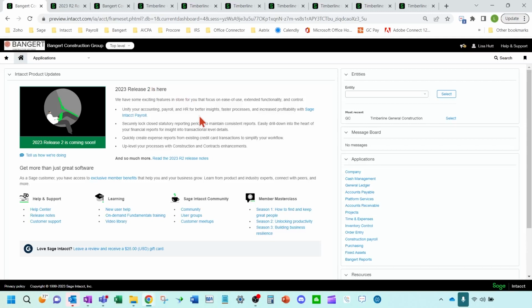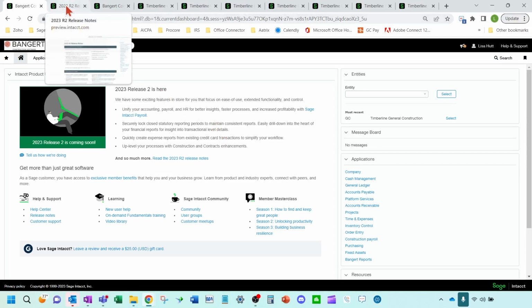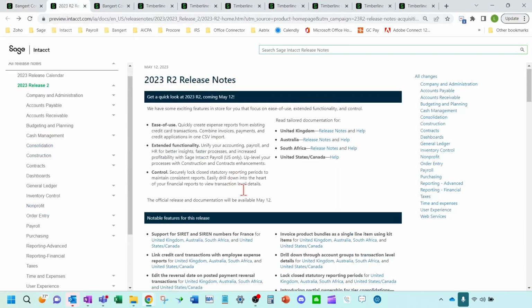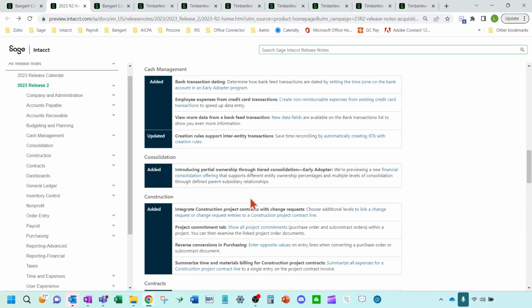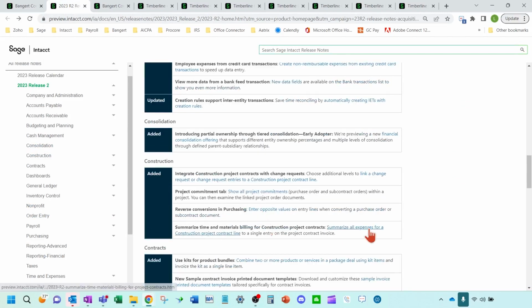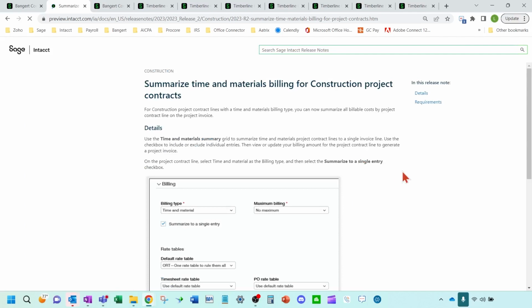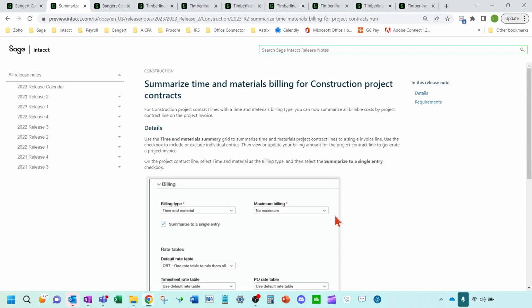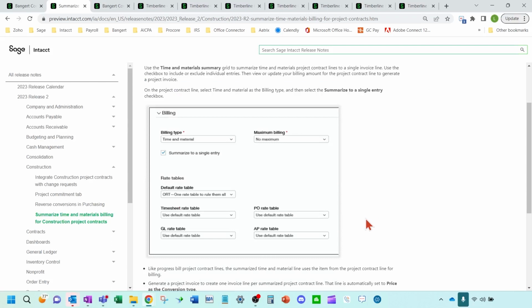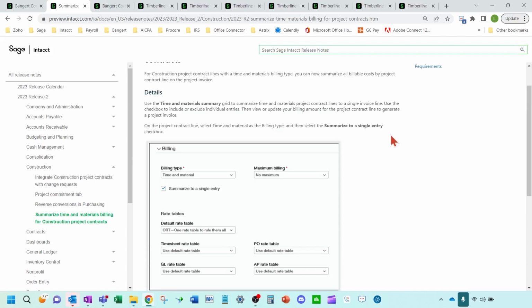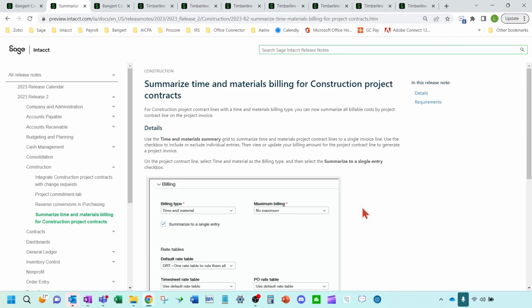Okay, now we're going to cover the summarization of the time and material invoicing in the release notes under construction down here. Now what the billings to customers are going to show on time and material is your project contract line as a summarized line on your invoice to your customer. But you have to tell the system to do that. So let's look at a couple things setup wise, and I'm going to walk through how this works.